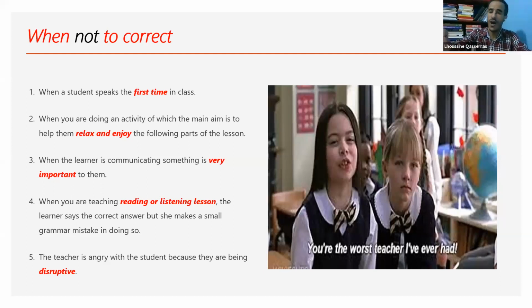Now, when you are correcting your students' exams, I give you an example. You give students a reading text. The reading text is about Smith, or is about James. So James talks about his daily activities. On Monday, he plays tennis.